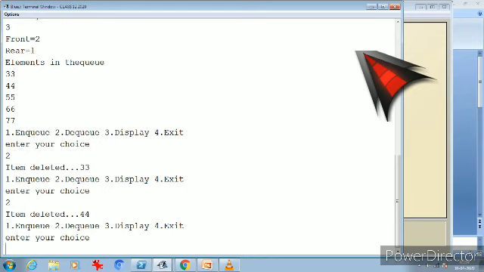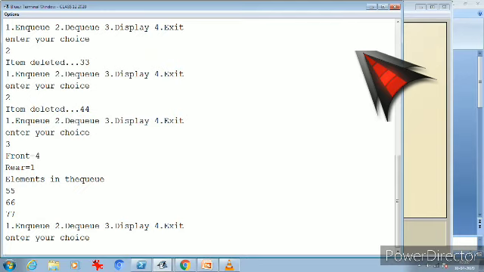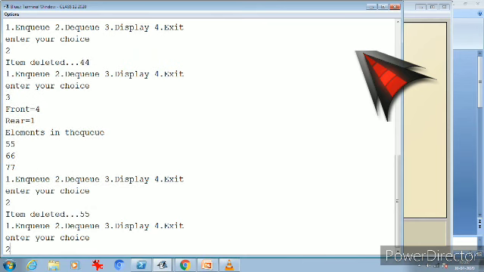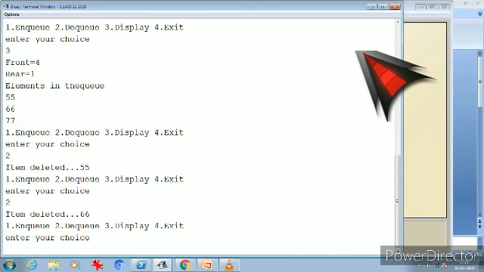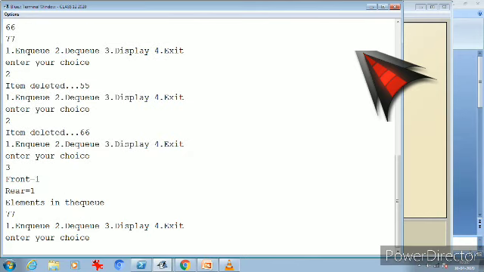What is left? 55, 66, 77. Similarly I'm deleting again and again, and only 77 is left right now. Fine, so 4 as I exit.